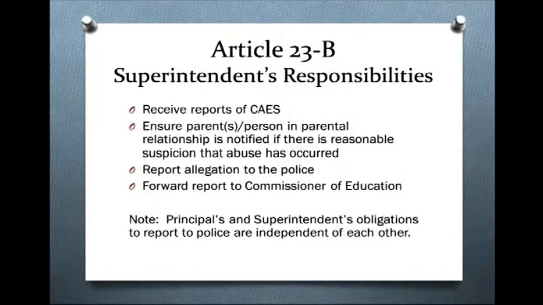The superintendent has an independent duty to ensure that reports of child abuse in an educational setting are reported to the police. However, a principal cannot say, "I thought the superintendent was going to report." They must make their own separate report or ensure that a report is jointly made. The superintendent is also required to notify the state education department of any child abuse by a certified or licensed employee.